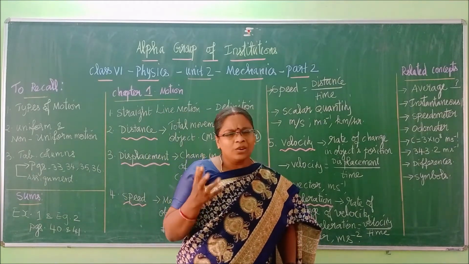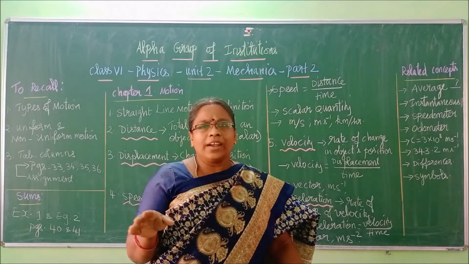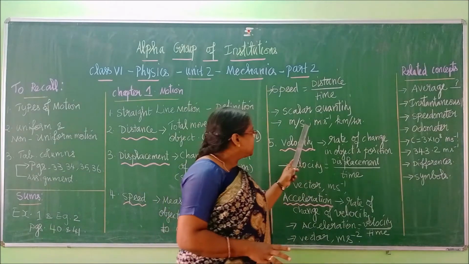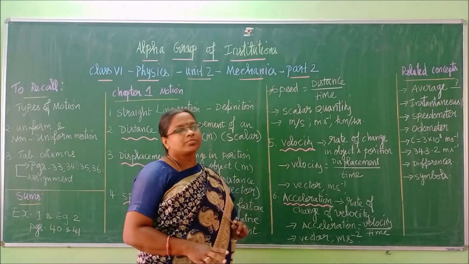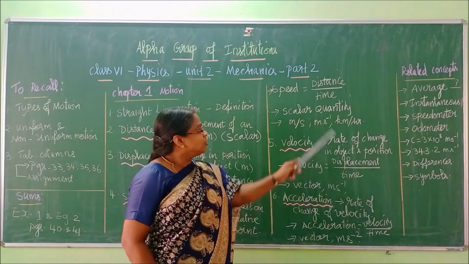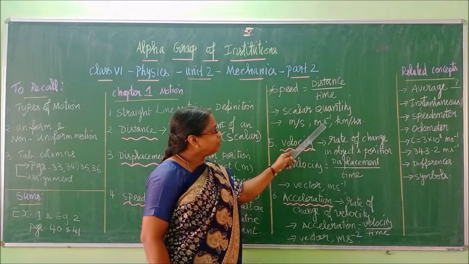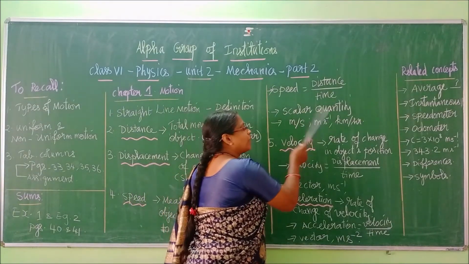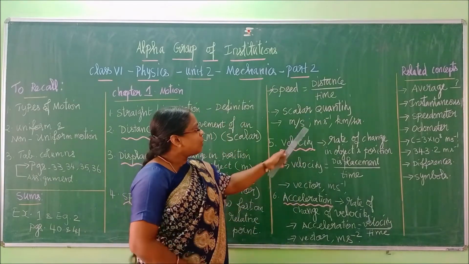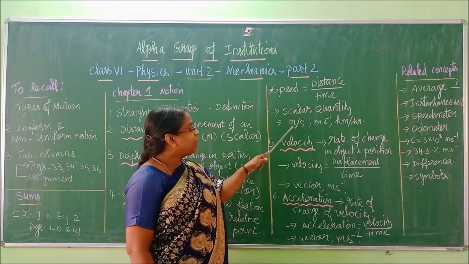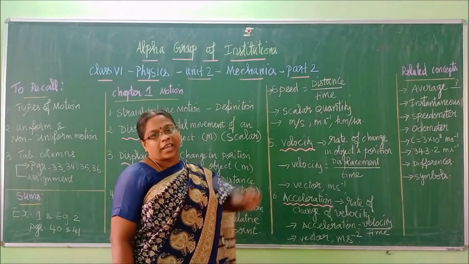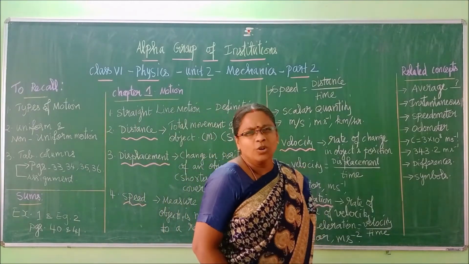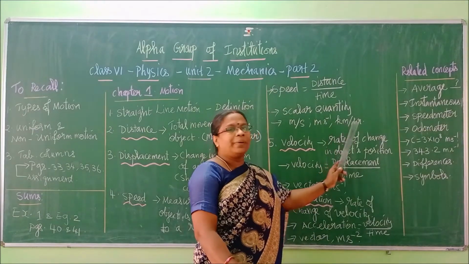Children, these concepts may look a little complex, so don't get tense. As you go on, you will get accustomed to it. Now this s is going to the numerator, so it will go with the minus sign. That is what I have written here: m s to the power minus 1. Simple, children. Think of it like that. So how will you pronounce it? Meter per second. Another unit is kilometer per hour. Don't say by, say per: kilometer per hour.